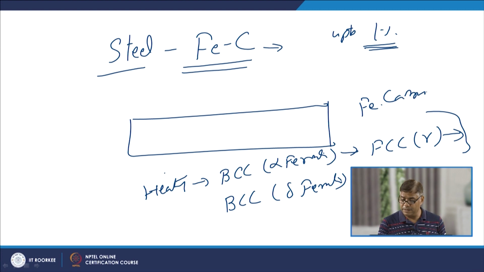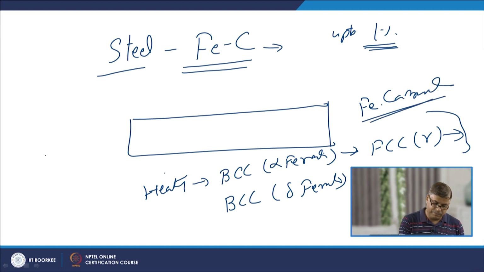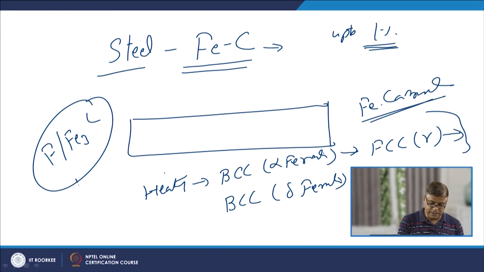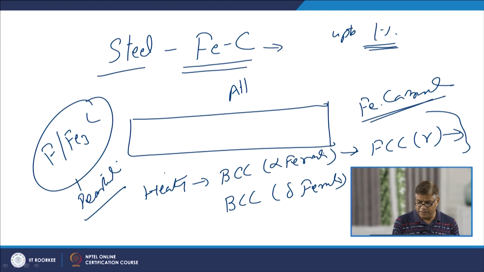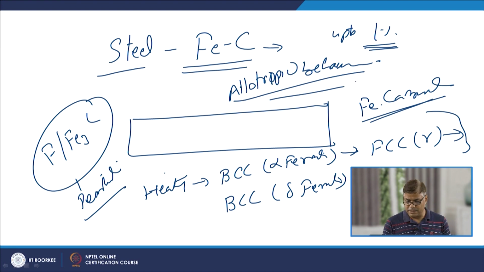Apart from this, there will be other constituents like iron carbide. Iron carbide in the form of cementite is also found. So, the ferrite and cementite (Fe3C) mixture is termed pearlite. So, basically the steels show allotropic behavior, where there is a continuous change in the crystal structure with the change of temperature.